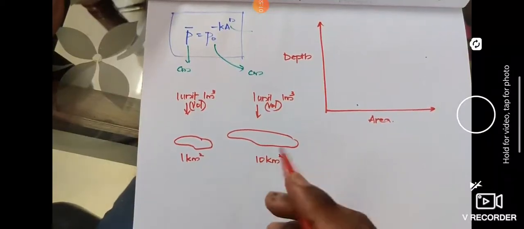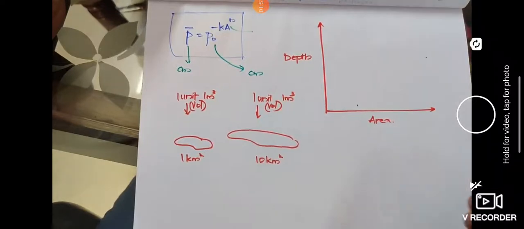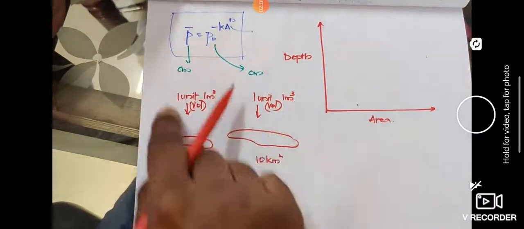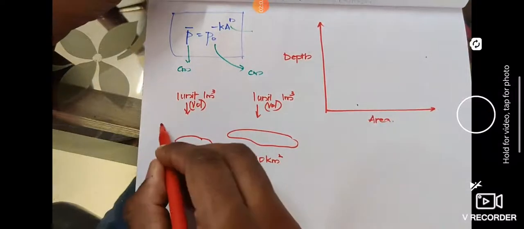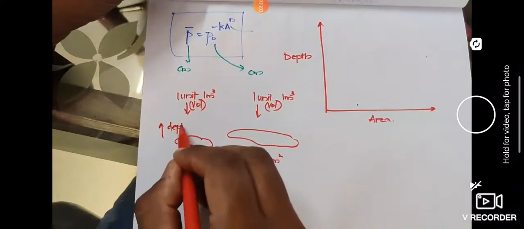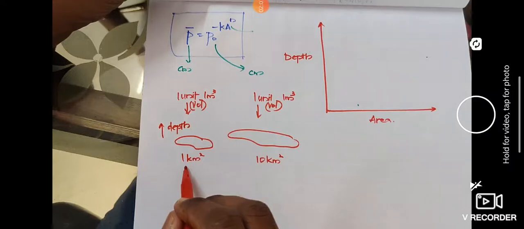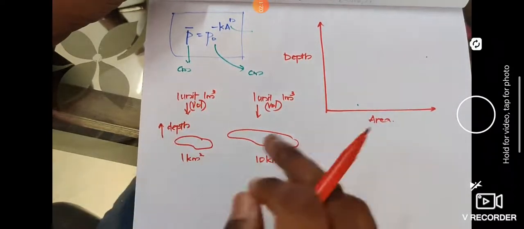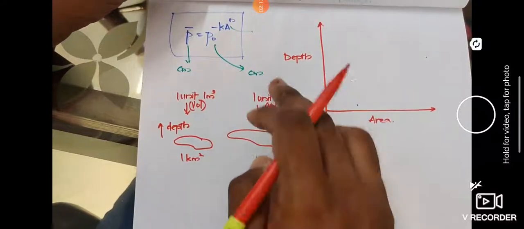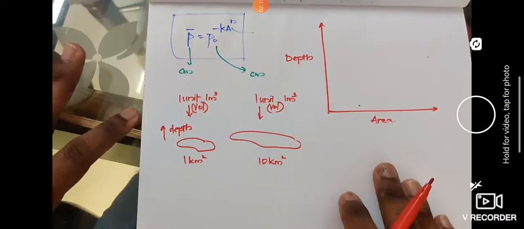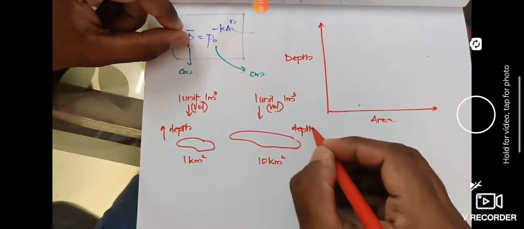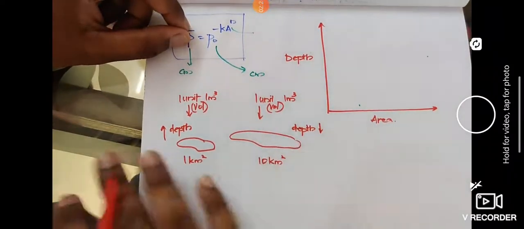So we know that volume means area multiplied by depth. So here the area is less. To hold this much water, the depth will be quite more, isn't it? Because the area is just 1 square kilometer. So to hold 1 meter cube of water, the depth will be more. And whenever water comes here, it gets spread to the whole catchment. So the depth will be less. So I hope this is clear.